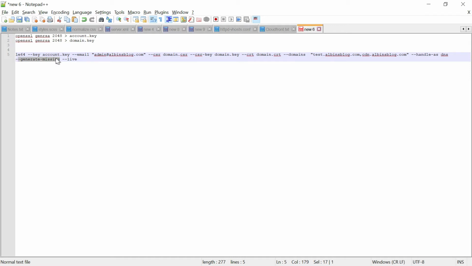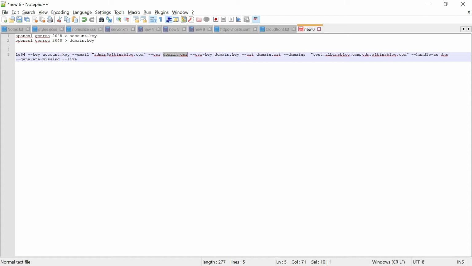If you are not keeping the account key and domain key you generated, it will automatically create them, but the concern is it will use a 4096-bit key, so that will not work for AWS. Also you can generate the CSR separately and include it here. You can keep it in the same folder so that it will consider that. Then the domains parameter is not required, but in my case I'm going with the domains parameter.